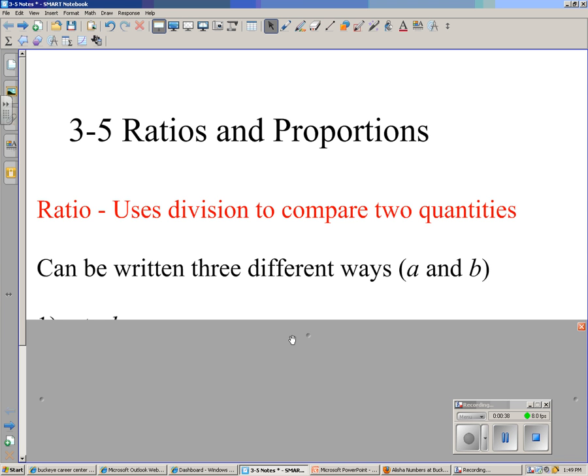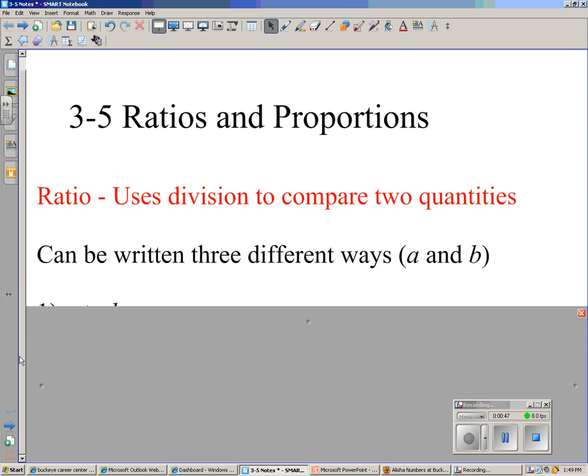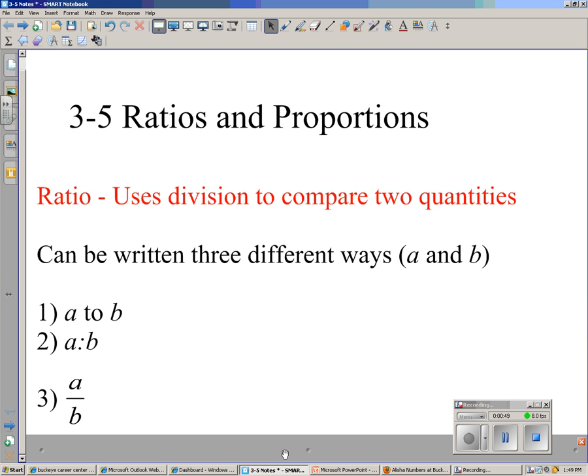Okay, so suppose I want to do a ratio of, well, first of all, let's talk about the three ways that you can write a ratio. You need to know these three ways, because you're going to see them all three. You can have A to B, with a little 2 in there, you can have A colon B, or A over B. For example,